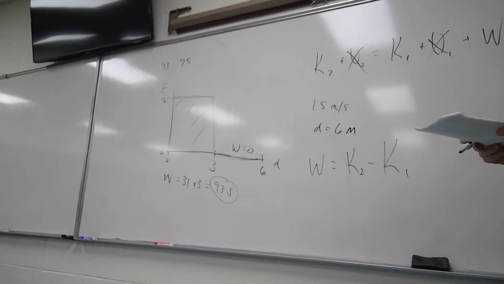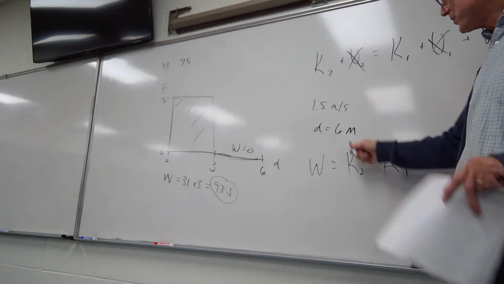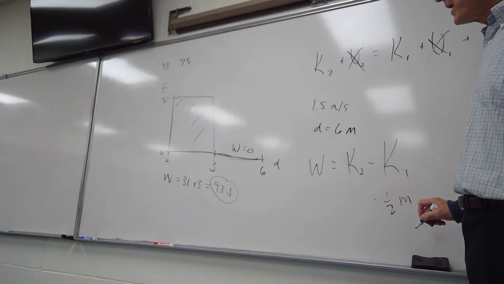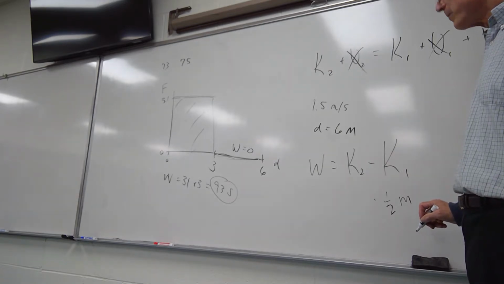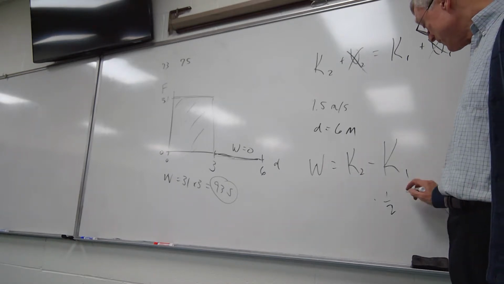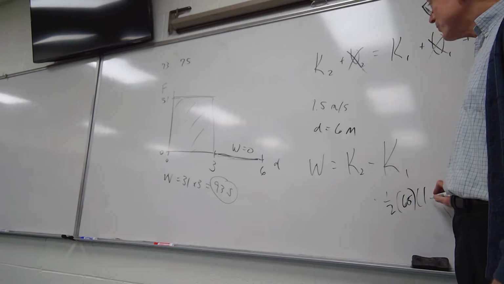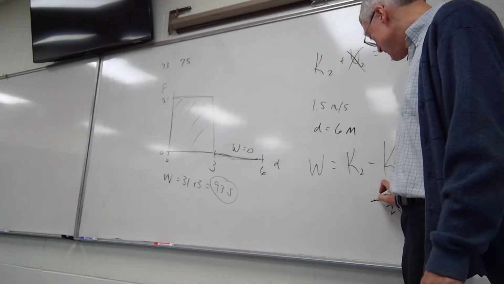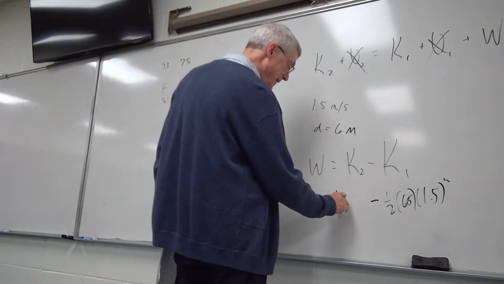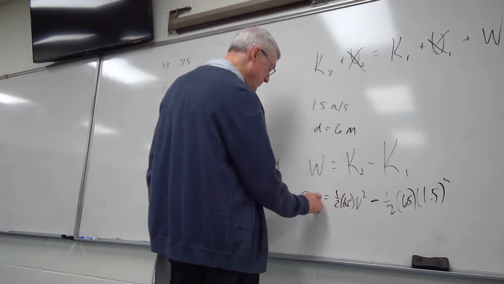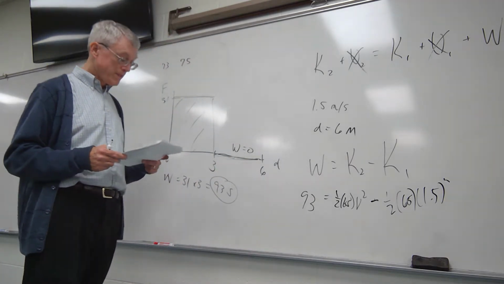Work is K2 minus K1, and oh, they gave you initial speed, so there is a K1, that would be 1/2 the mass. Do we know the mass of the skater? Yes, it's 65 kilograms. All right, so 1/2 the mass times the 1.5 squared, that's the initial kinetic energy. And then the second kinetic energy is 1/2 the mass, 65, times v squared. And the work done was 93 joules. And so I think